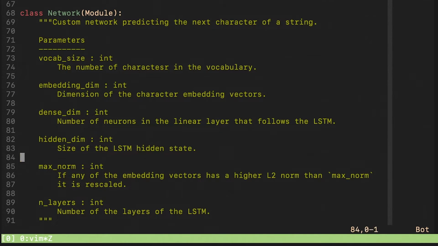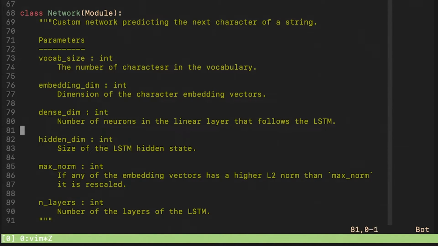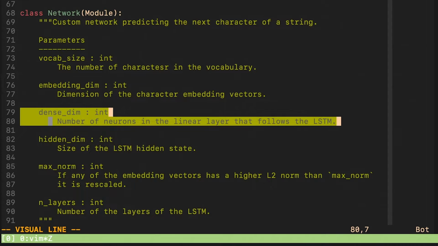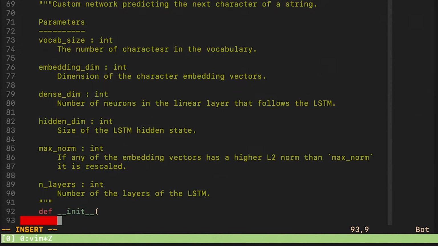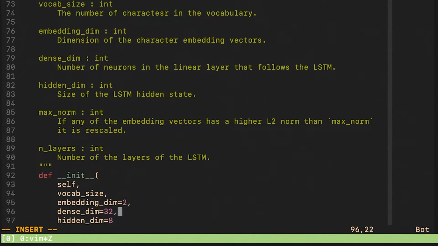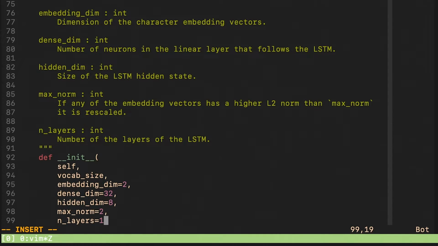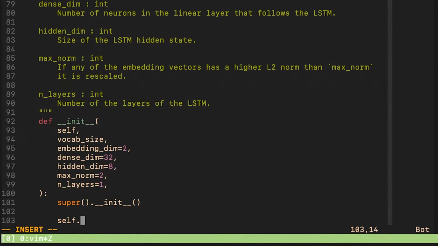Hidden dimension and number of layers are related to the LSTM. And finally, the dense dimension is related to the linear layer. We call the constructor of the parent.